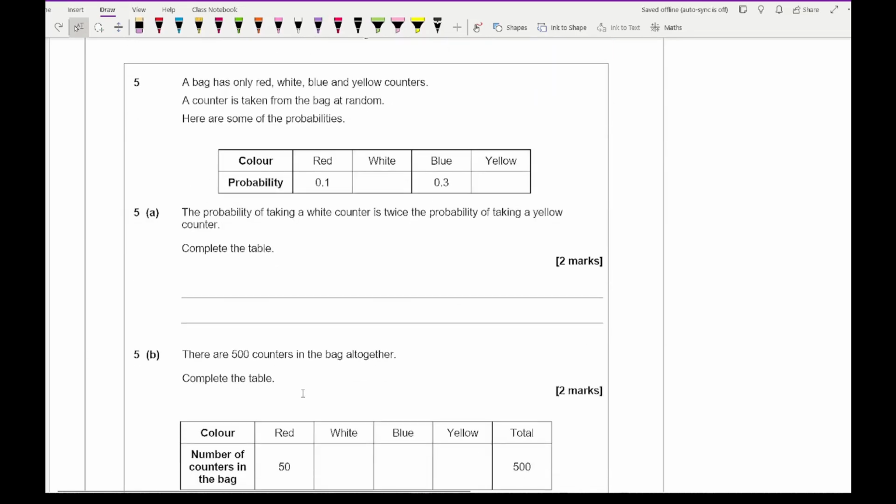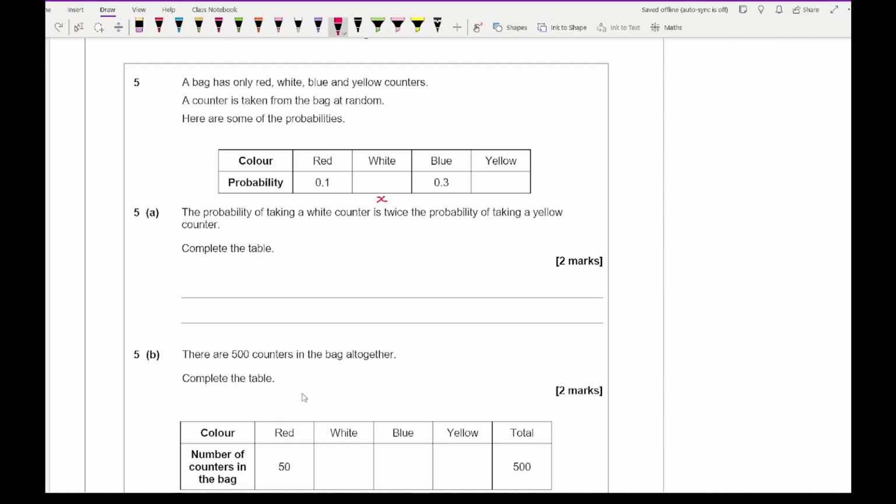Moving on to question 5, it says that a bag has only red, white, blue and yellow counters. A counter is taken from the bag at random. Here are some probabilities. Question 5a says the probability of taking a white counter is twice as likely as the probability of taking a yellow counter. Complete the table. Well, if the white is twice as likely, we don't know what they are, so let's just